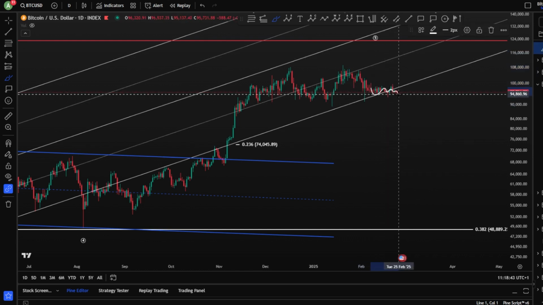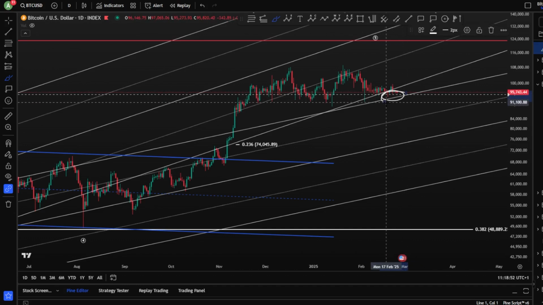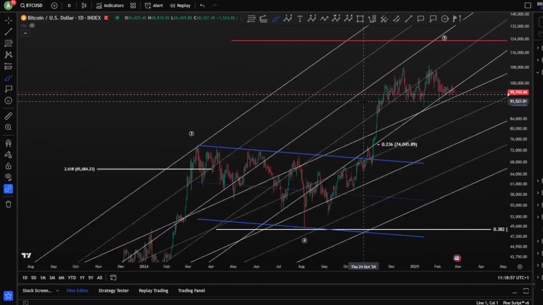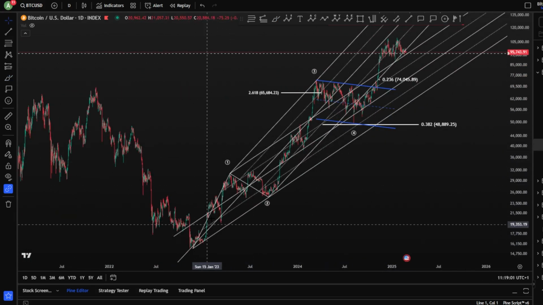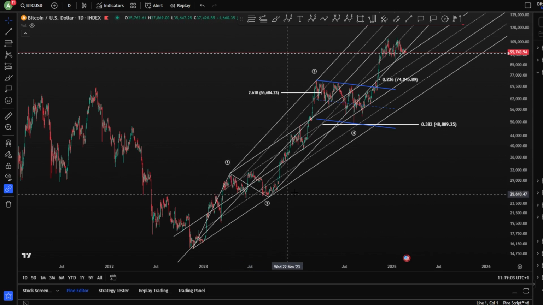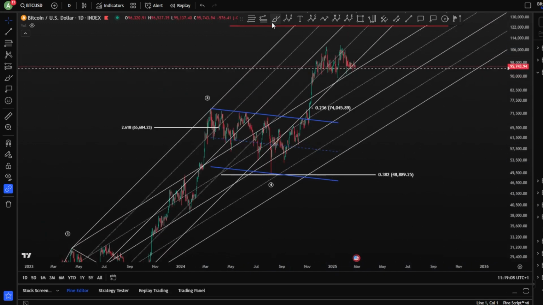However, the price here went more sideways and left this acceleration channel. However, we still have one more chance regarding the base channel here, which can still play as a support and move towards the upside. Your base channel is the channel taken from the wave 1 and based on the wave 2 here. And this is the base channel where you would like to see the wave 5 leave or break it out and then move inside the acceleration channel.